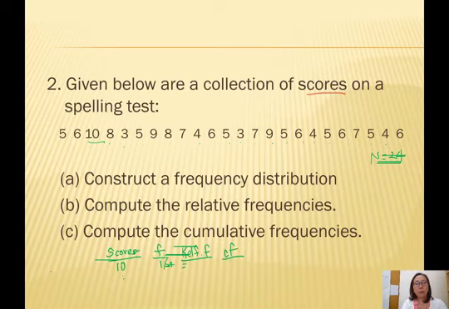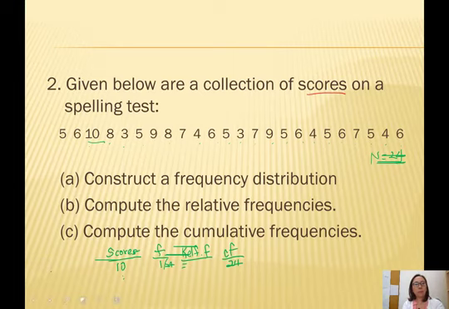Now, the cumulative frequency has to be done at the very end, right? Because you're adding the frequencies from the bottom to the top. But I also know that the top number in the CF column has to be the same as your total n. So I'm just going to put 24 there because that's where I want to end up once I start adding up the frequencies from the bottom to the top. So see if you can fill out the rest of the table, but this is what a table for this